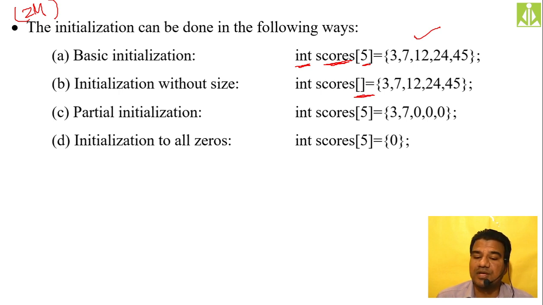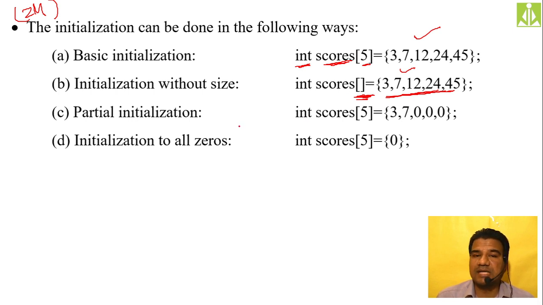The second way of initialization is initializing the array elements without size. You can even initialize an array without the size. Here, how many values have you initialized? 5 values. So automatically the size of the array will become 5. When you are defining an array without the size, at that point only you have to do the initialization, because declaration without size is not allowed. Whatever elements you assign, that much size it will occupy in your computer memory. If you assign 10 elements, then automatically the array size will become 10.